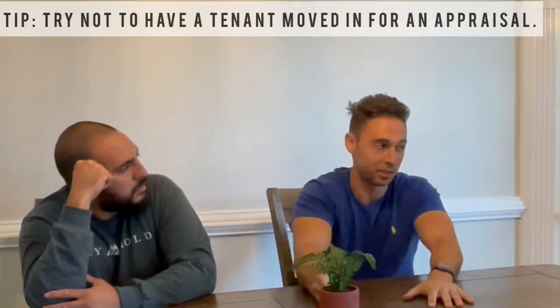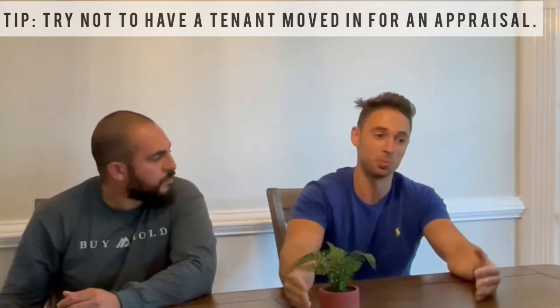Yeah, so I've never actually staged a house, but I can speak from having a tenant move in and putting their stuff in. So that is a negative. For the most part, it's a negative unless the tenant's super clean and super nice and decorates their place really nicely. But usually, if there's a tenant, I try to get my appraisers in between the gap where I finish the process and